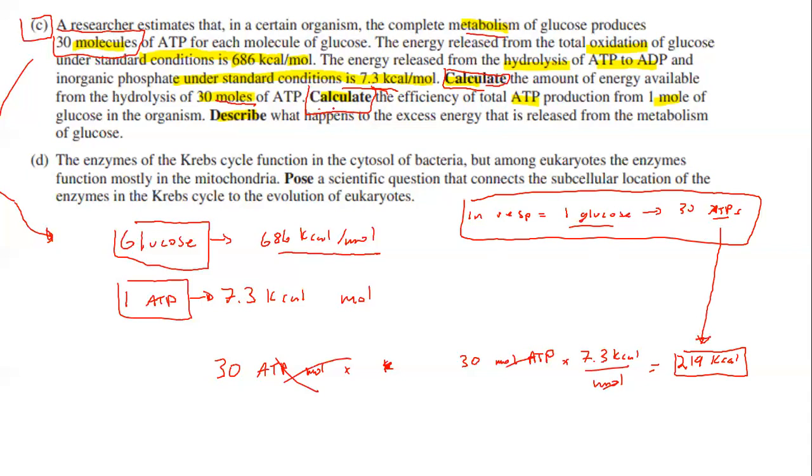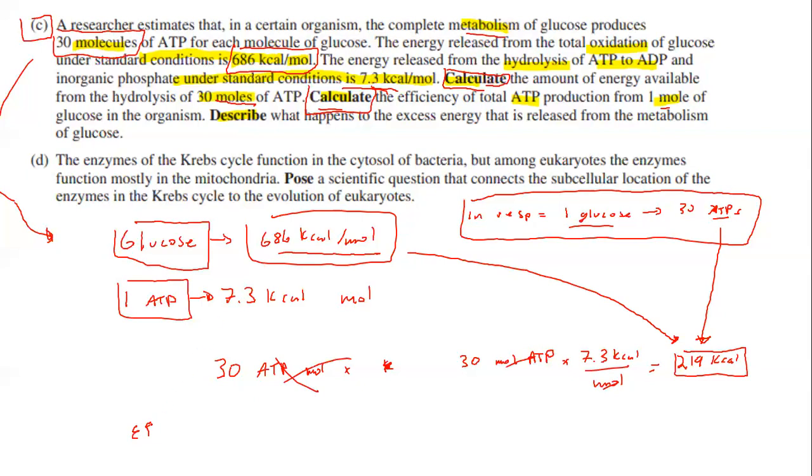Now, the next thing that I want you to know is to calculate the efficiency of the total ATP production from 1 mole of glucose. Well, it tells you earlier that 1 mole of glucose can actually release 686. So that means glucose, in theory, should make 686 kilocalories per mole. But in respiration you're only producing this much. So for the efficiency,